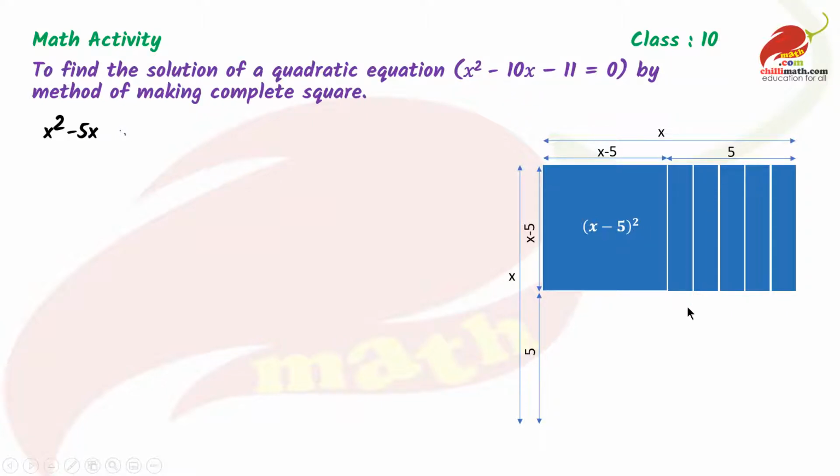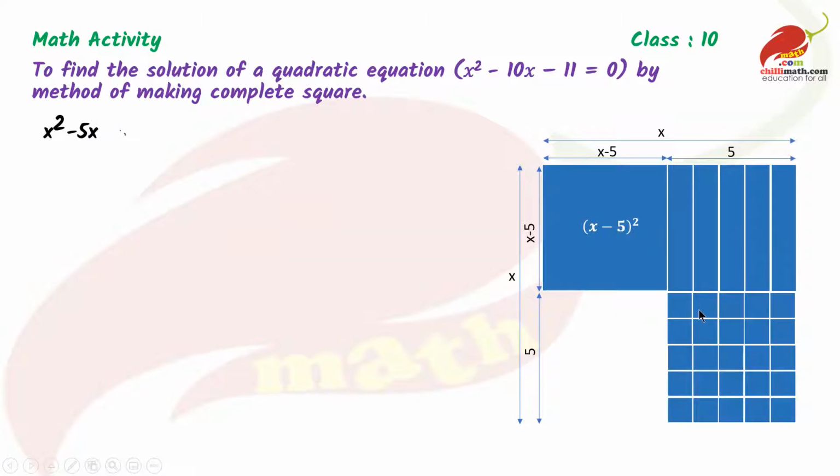So for that, what we do, we'll fill this region so that the area of these 5 strips becomes 5x. So we just added a few squares of side 1 unit so that the length of this whole strip is equal to x. Same with the other strips, and the combined area of these 5 strips is now 5x. So we have added 25 squares. So we'll add 25 over here.